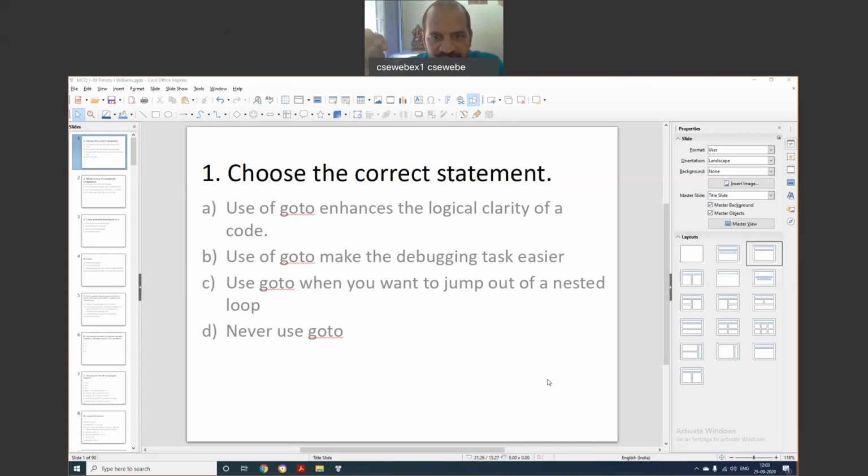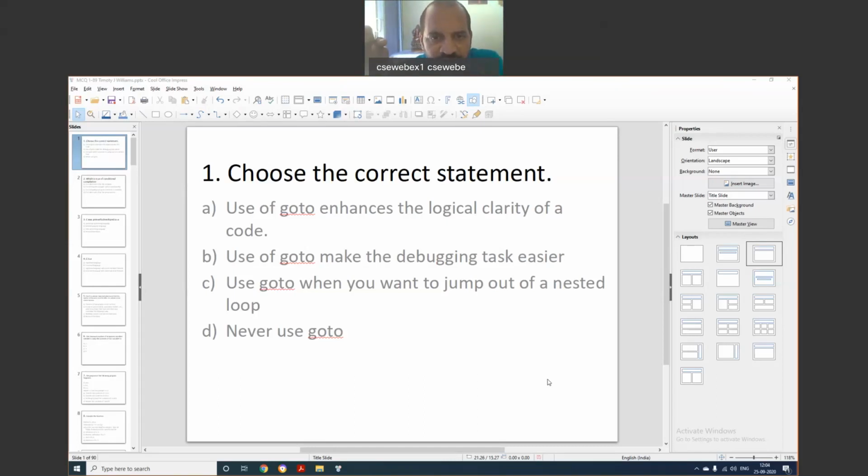Use of goto when we want to jump out of the nested loop. Yes, this is right. To come out from one loop, we will use the break statement. Now, there is a while, and in that while, one more while is there, and in that while, one more while is there. Inner loop. So when you are in the inner loop and, based on some condition, you want to come out from the inner loop, it's not possible. Using break, you can't come out from the two loops. You can break only one loop if you use the break statement.